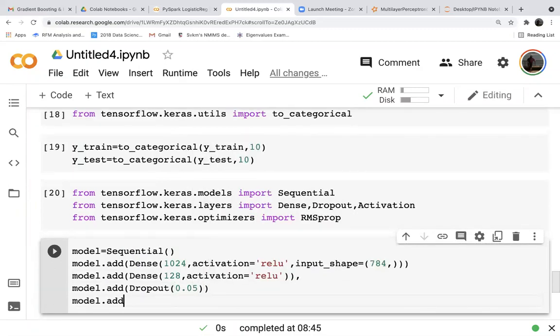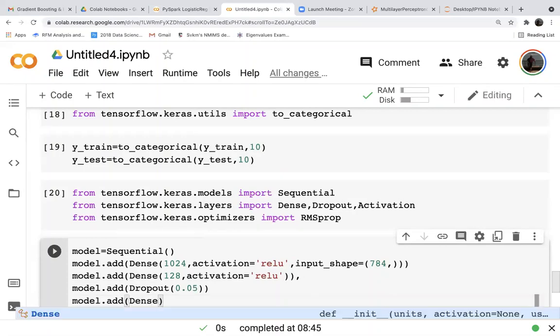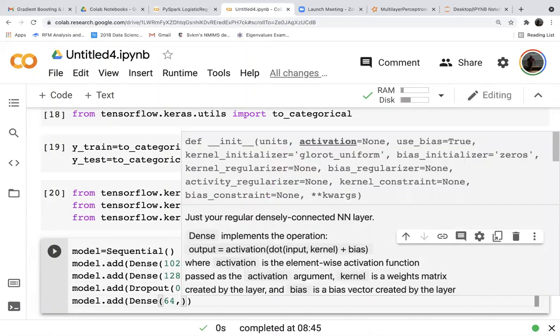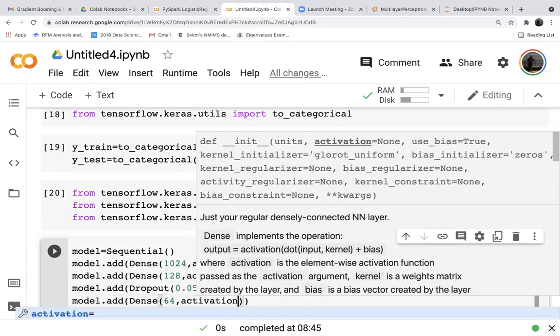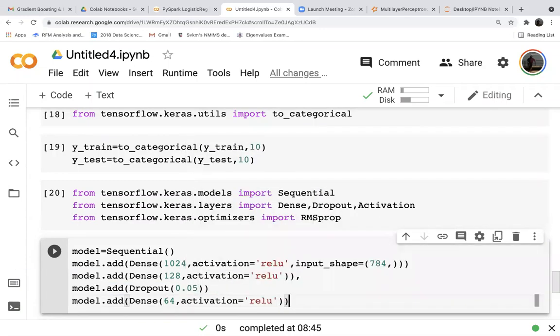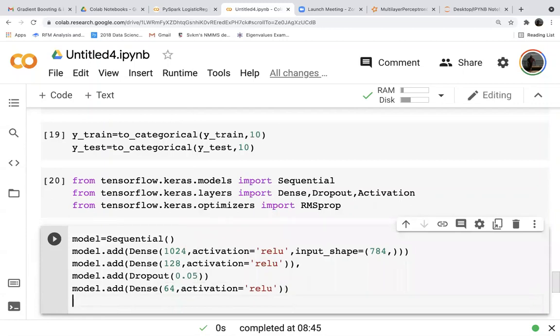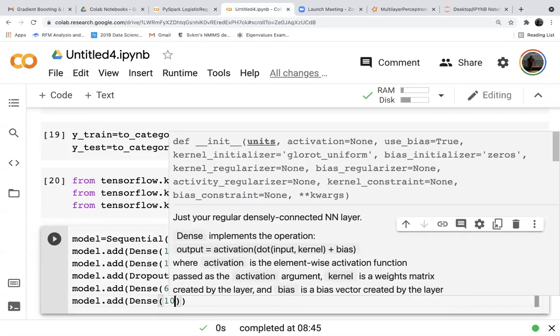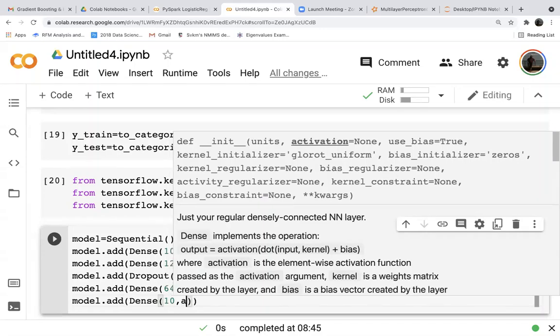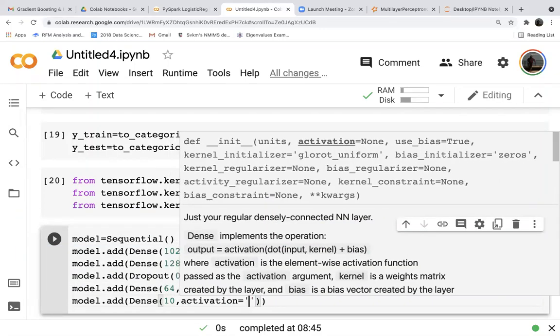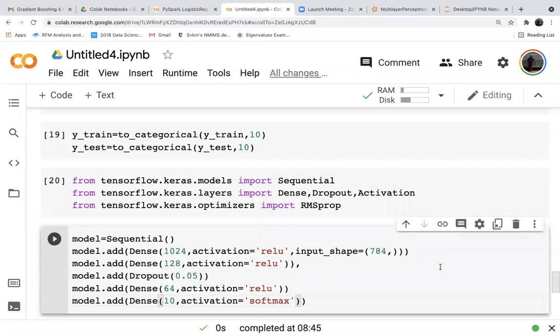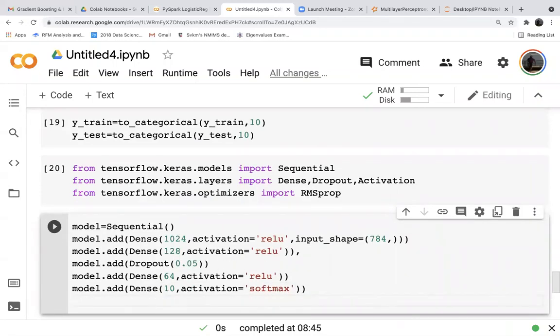model.add(Dense(64 neurons, activation is equal to ReLU)). Then the final layer, model.add(Dense). For the final layer we should have the output. We are predicting a multinomial output, so we have to give softmax as the activation. And then model.compile.